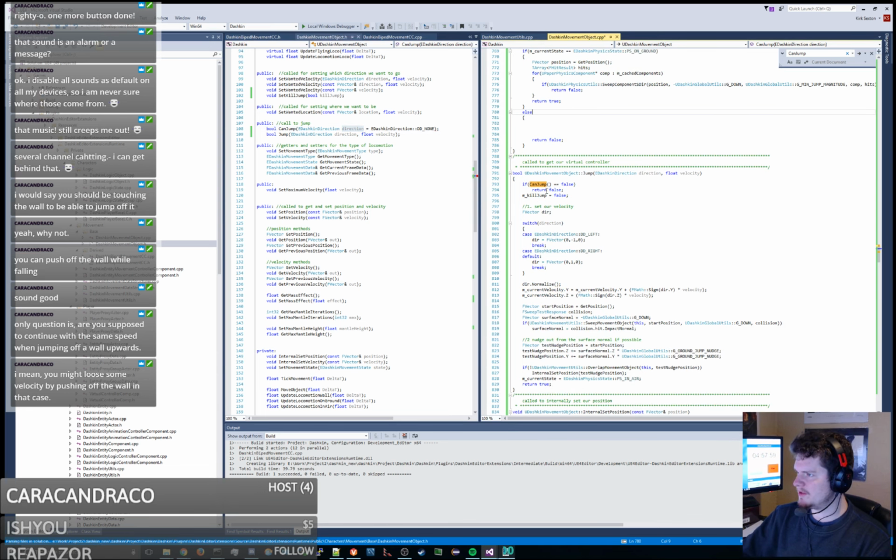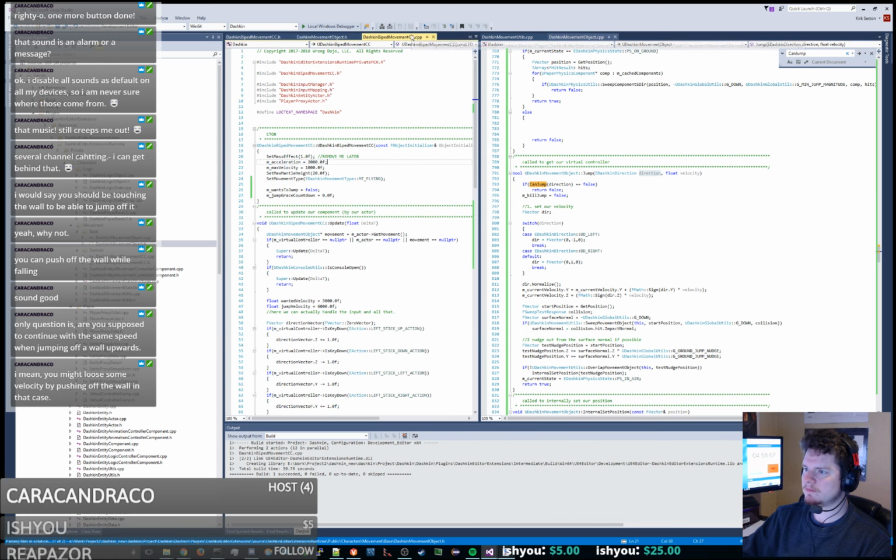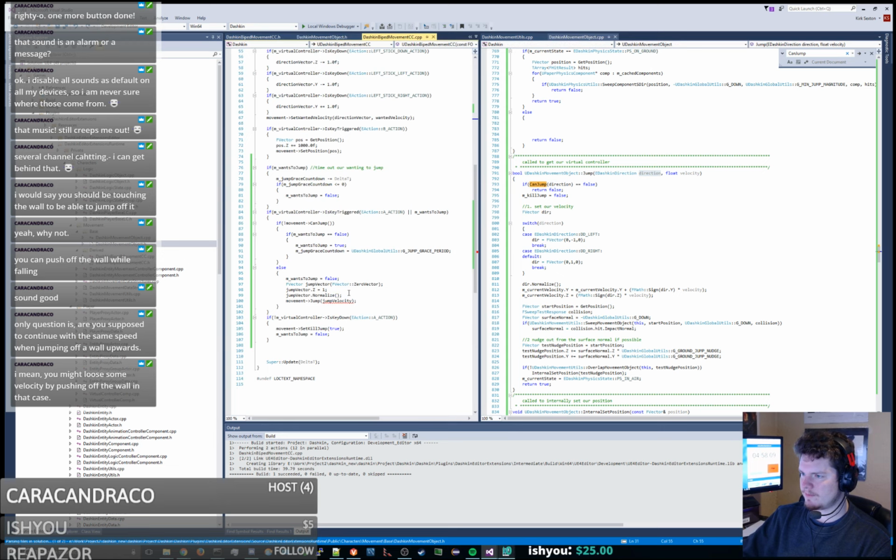Basically what we can do is just pass in the direction here. And because we're not passing in this direction, what we're going to do is